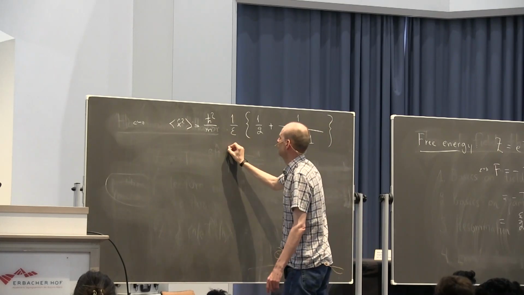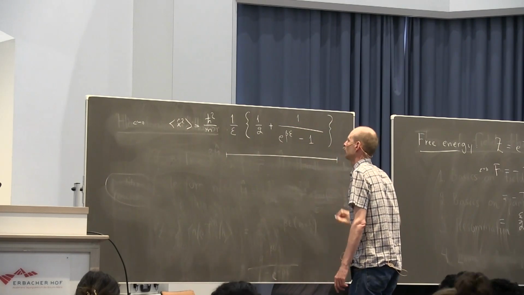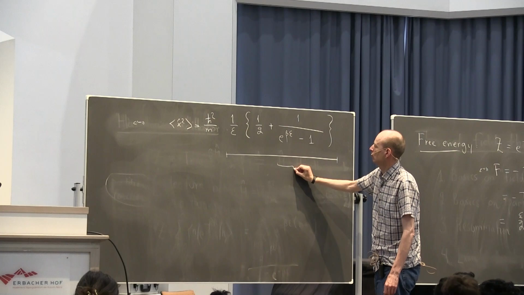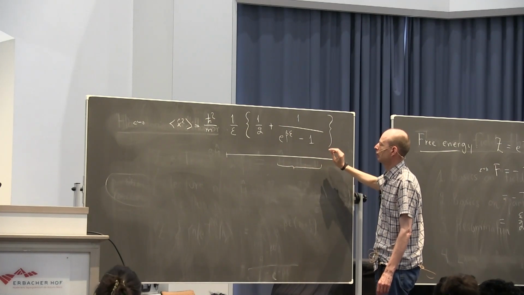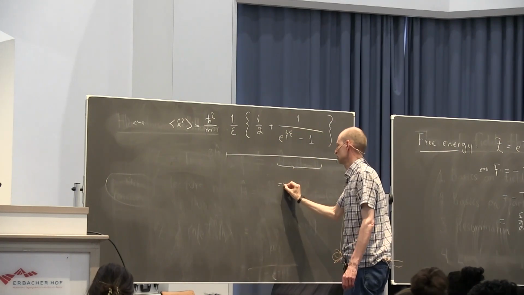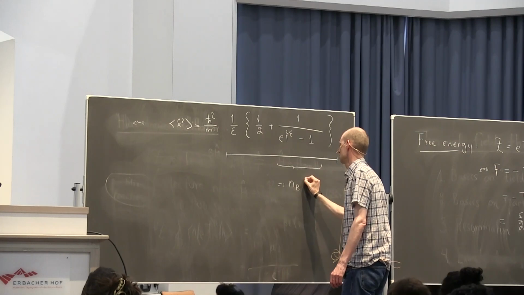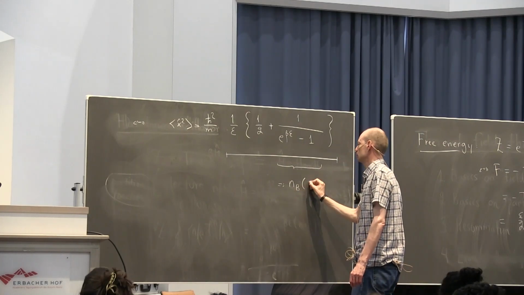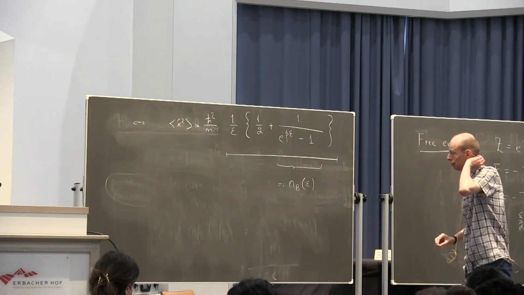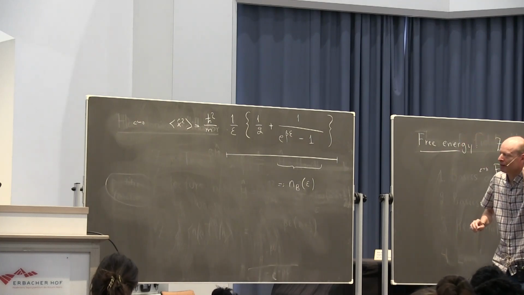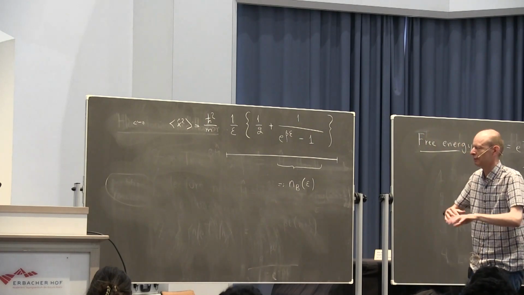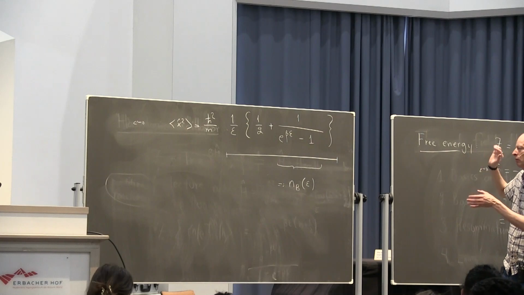Okay, so that's now an important expression here. And so what we see here is kind of one of the most important functions in statistical physics. This is the Bose distribution. And I denote it by n Bose, a function of energy. And this is really important, and it's remarkable. Usually we learn about the Bose condensation, not quite at the beginning of statistical physics, maybe later on, but somehow it's